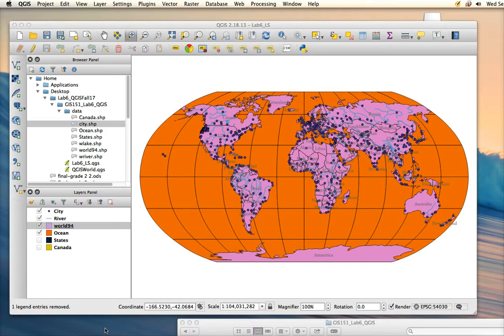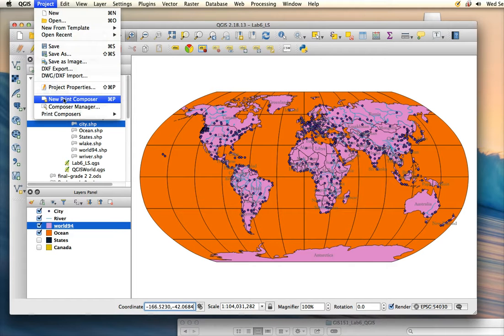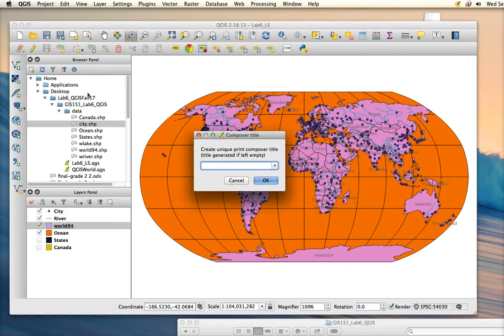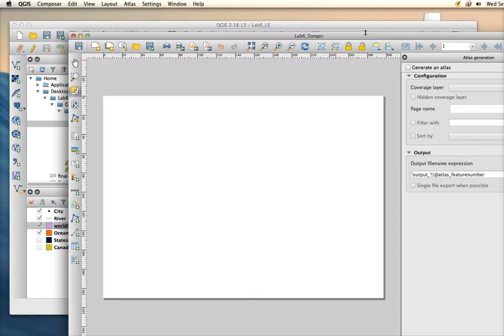Okay, so now that you have everything on the map that you perhaps want to work with, on your data view, you're going to create a map. So you're going to go up to Project, New Print Composer, and you can title it whatever you like, your name. This doesn't show up as the title of your map anyway. So a new window is going to open up,